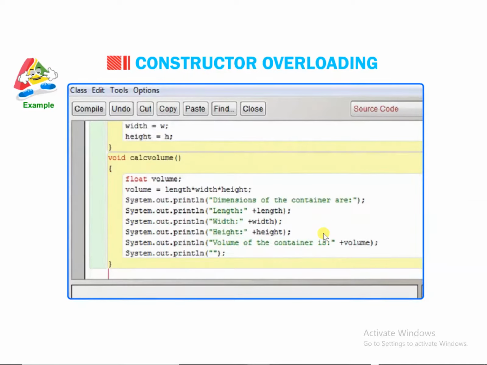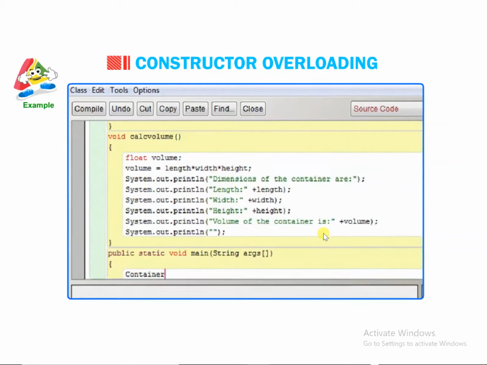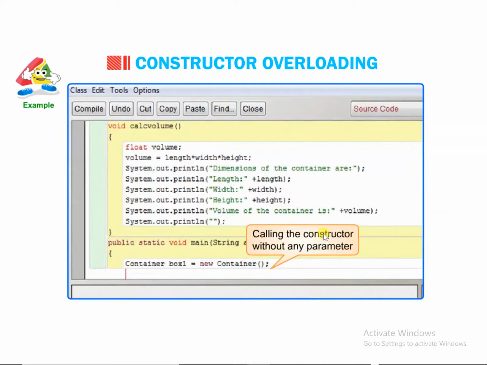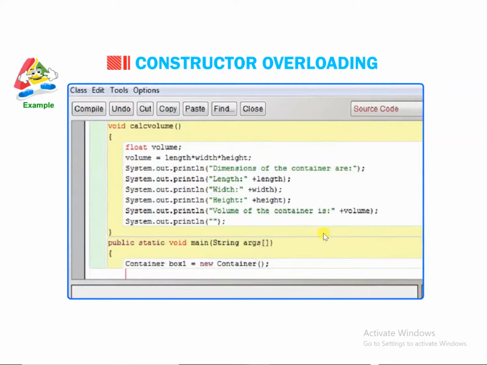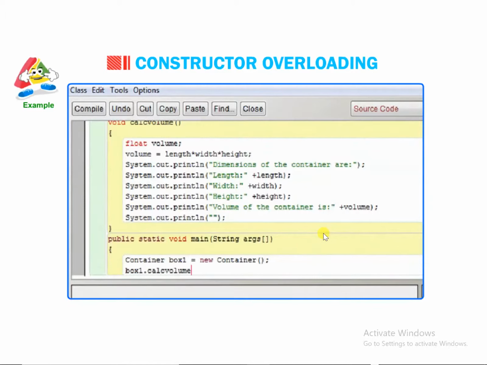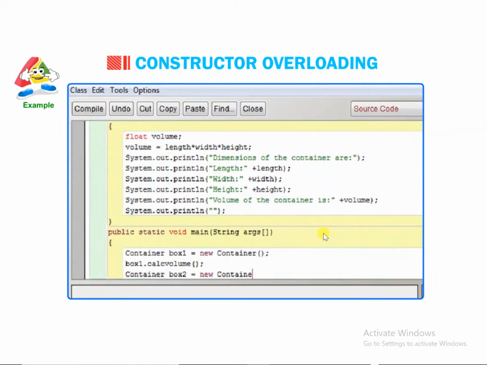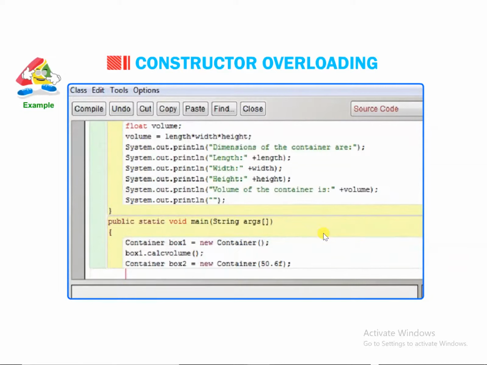} public static void main(String args[]) { Container box1 = new Container(); // calling the constructor without any parameter box1.calcVolume(); Container box2 = new Container(50.6f); // calling the constructor with one parameter box2.calcVolume();